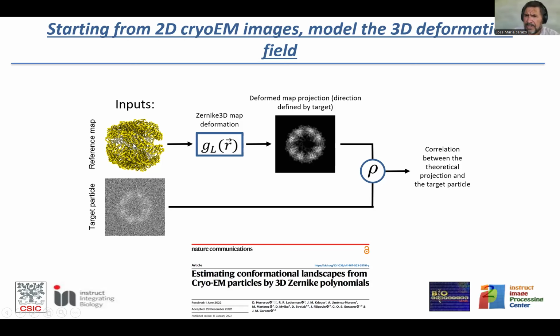I get a deformed volume that I project, and then put the CTF, whatever, so I make the projection as realistic as possible, and then I compare it to the experimental projection. This is essentially the idea that we had,